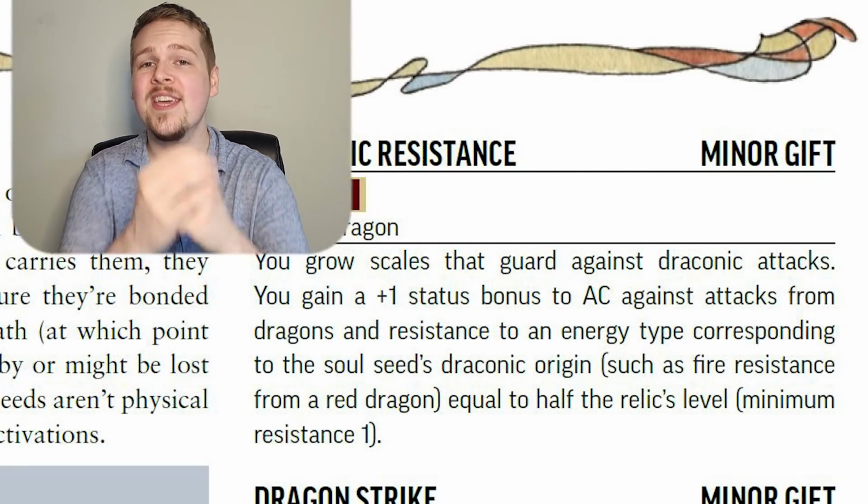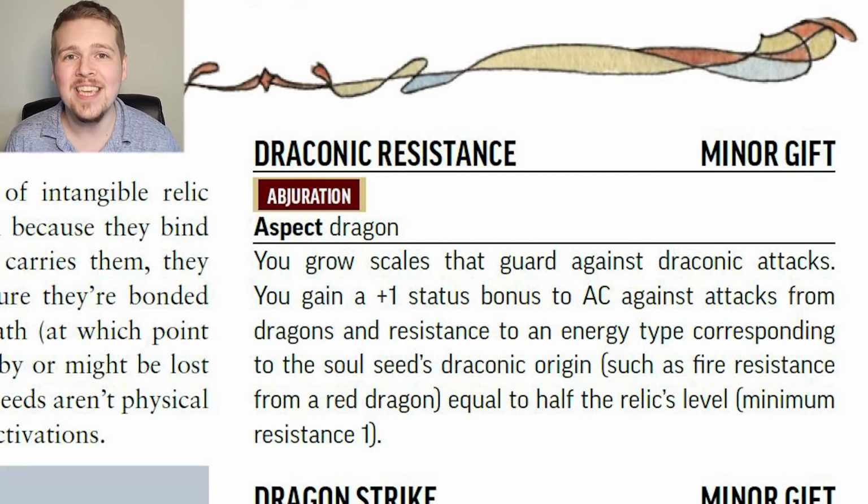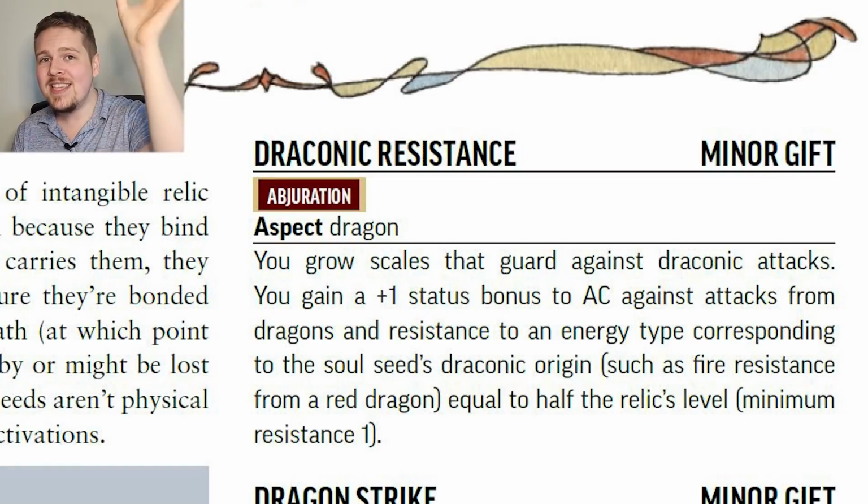There are currently two types of soul seeds written into the Secrets of Magic Book of Unlimited Magic, but any other variety of relic gift, which I'll get into, can be used for a soul seed. Basically, this is something that is not tied to an item, like a normal relic, but is instead tied to the character. So, if your character has a draconic soul seed with the draconic resistance gift, you just permanently have